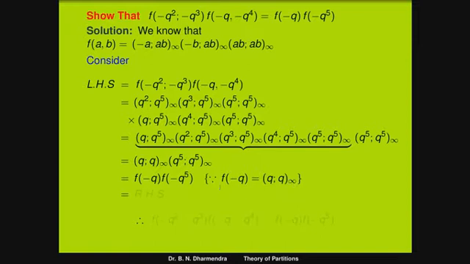So therefore that is equal to the RHS, that is f of minus q, f of minus q to the power of 5. Hence f of minus q square comma q to the power of 3 into f of minus q comma q to the power of 4 is equal to f of minus q into f of minus q to the power of 5. So that is in terms of a third special case of Ramanujan's theta function, that is also in terms of power of 5. So very beautiful result.